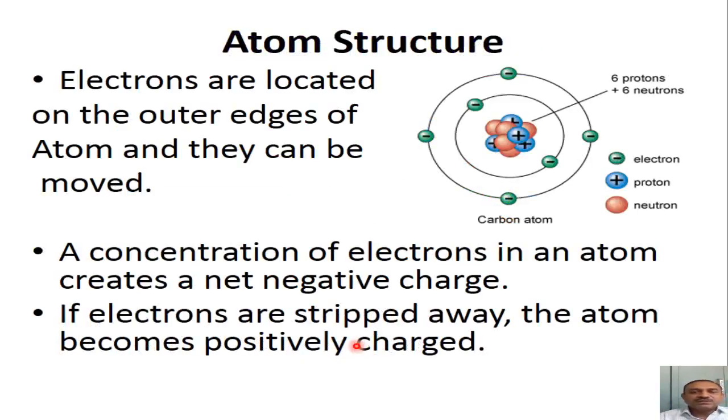Before we discuss the electric current, let us see the atom structure. Now the atom contains at its center a nucleus. The nucleus will have two particles inside it. One of the particles is the proton, which possesses the positive charge. Another is the neutron. The neutron does not have any charge on it.